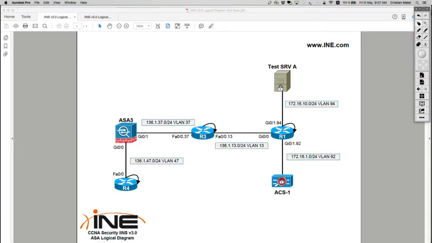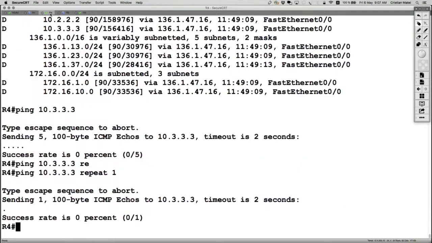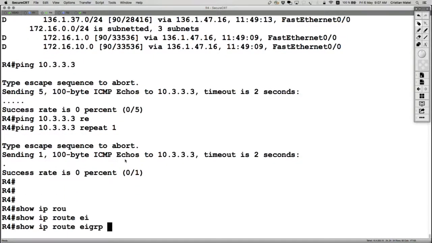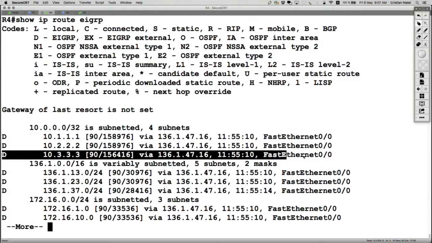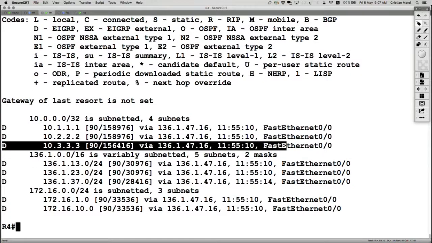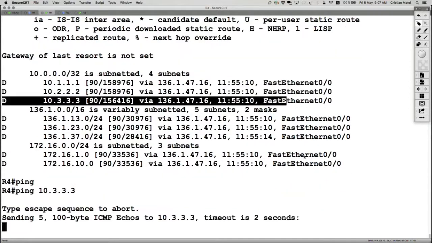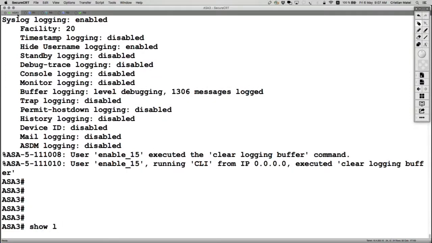So let's go on router 4 in here, and if you say show IP route IGRP, we have a route, for example, for the loopback of router 3 through the ASA firewall. So if we say ping 10.3.3, that traffic doesn't work, and if you look on the ASA logs and we say show logging,